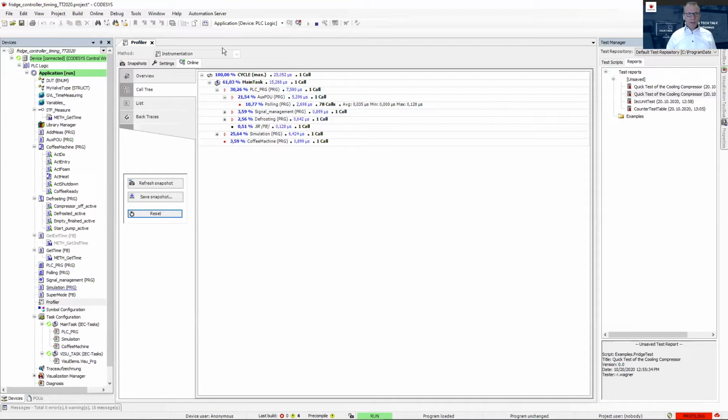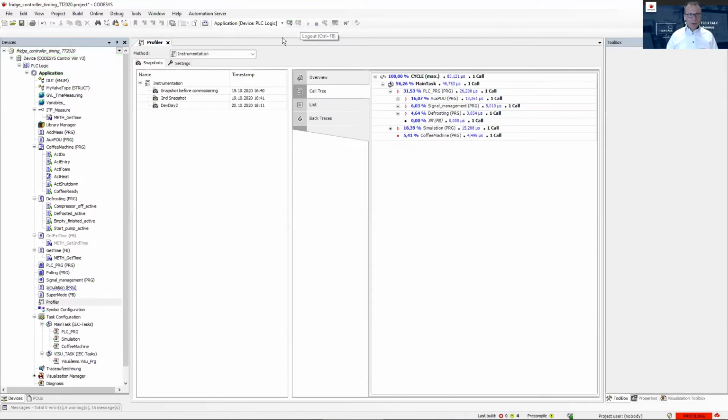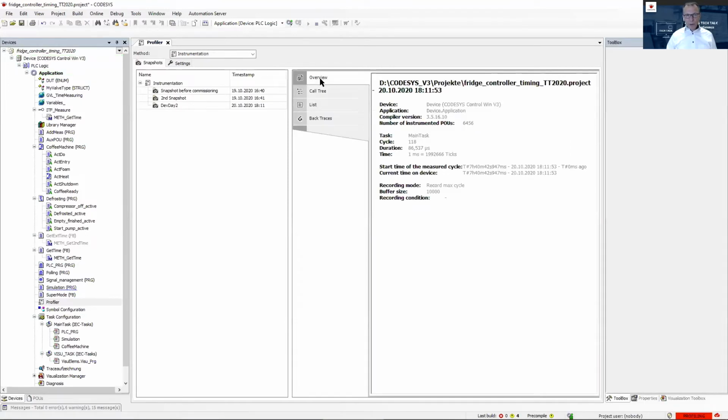Okay, so this was that instrumentation. I forgot to show you something more. There are some more trees, categories here in the tree. So I have an overview, which is as well saved in the snapshot, by the way, which was the project, the timestamp of the measurement, the number of instrumented POUs, the cycle which has the maximum cycle time, and some further